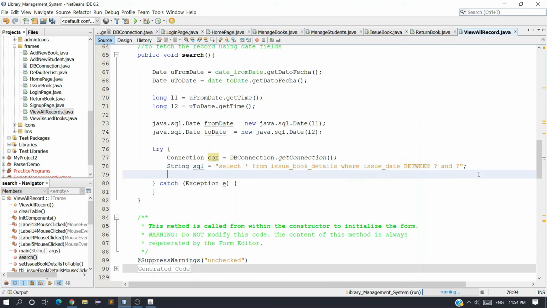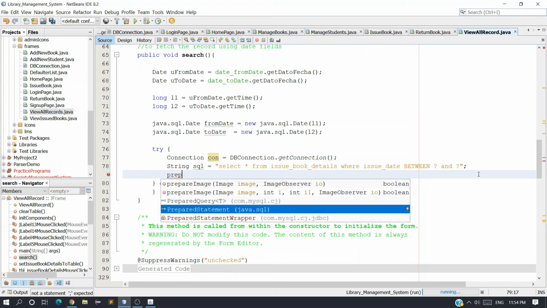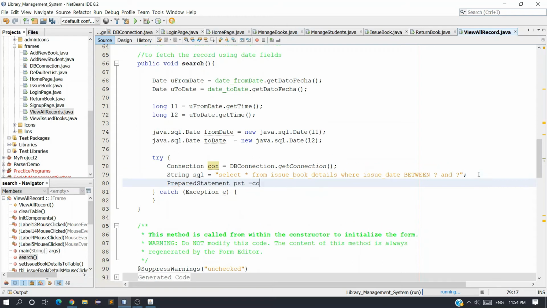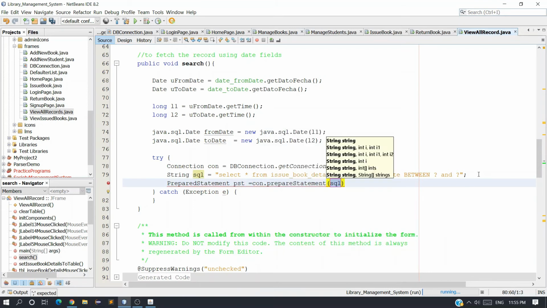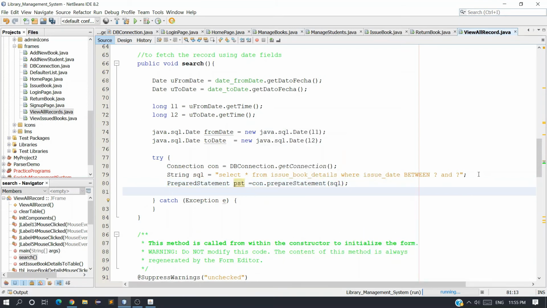Okay, now create the prepared statement object. PreparedStatement pst is equal to con.prepareStatement, and pass the SQL variable. We need to set the dates.